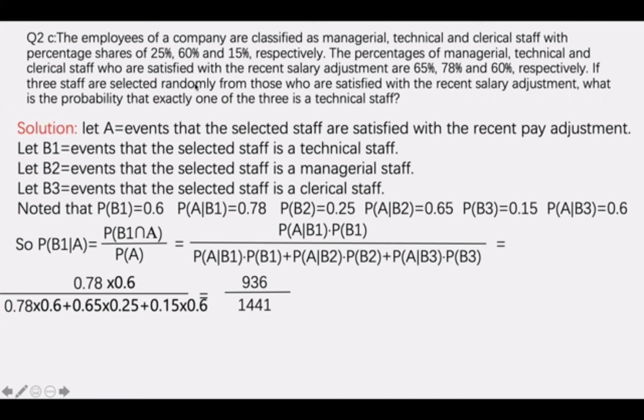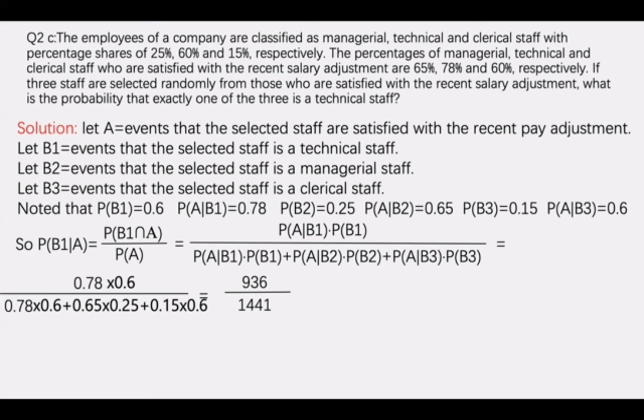We noticed that the probability of B1 is 0.6, and the probability of A occurring under the condition that B1 occurs is 0.78, and the probability of B2 is 0.25, and the probability of A occurring under the condition that B2 occurs is 0.65, and the probability of B3 is 0.15. And the probability of A occurring under the condition that B3 occurs is